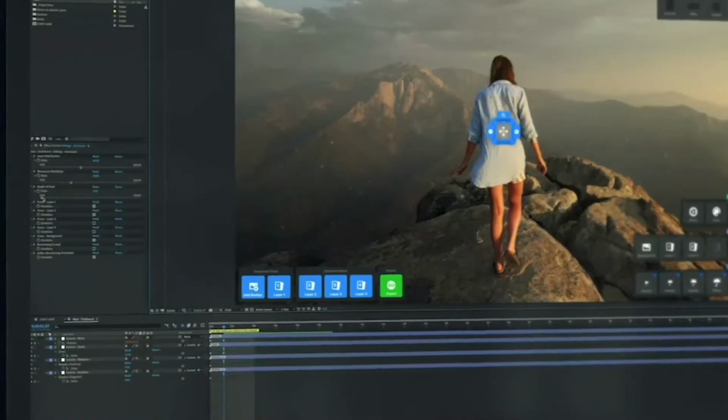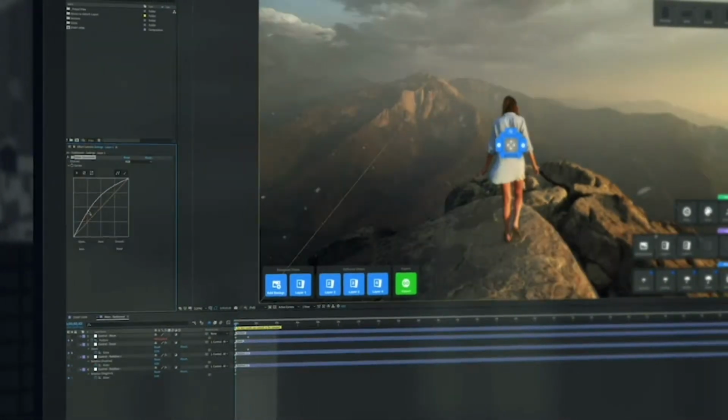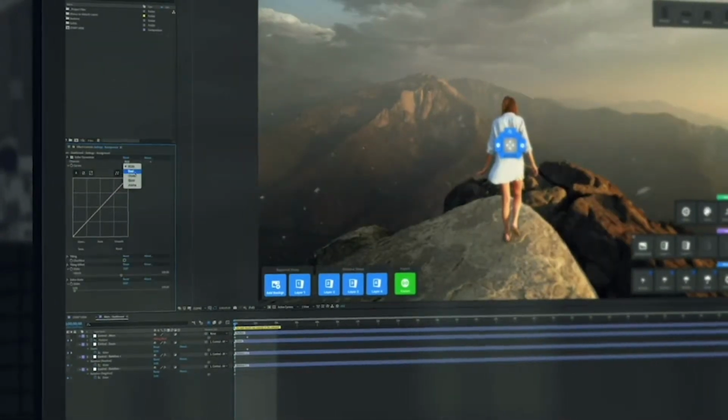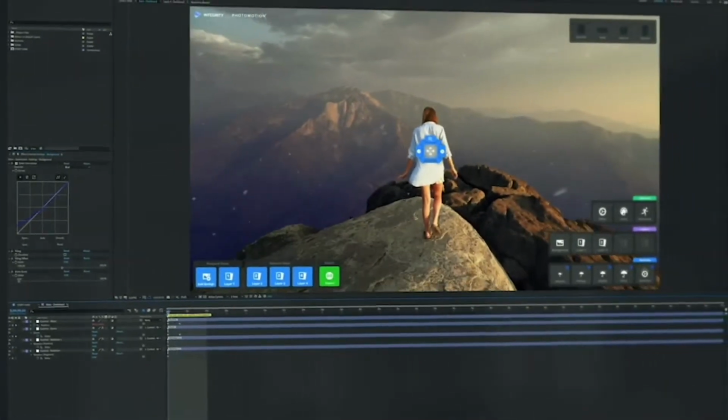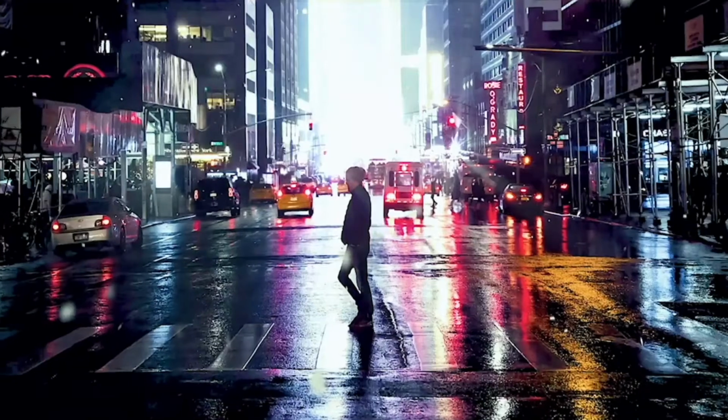This is definitely one of the easiest projections in PhotoMotion, but don't be fooled by that. It is easy, but because it gives you all the power of PhotoMotion, it can be used on many different types of pictures. And then we have Horizon, definitely for those of you who want to have photo animation